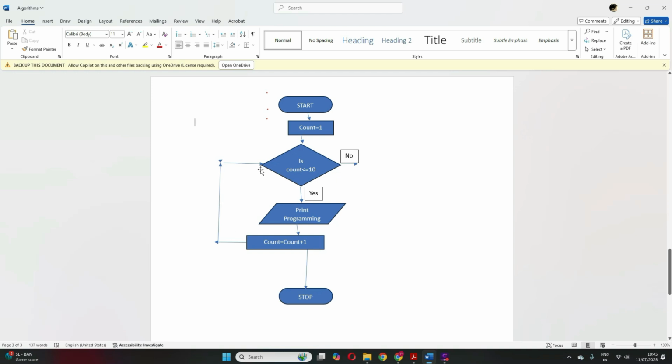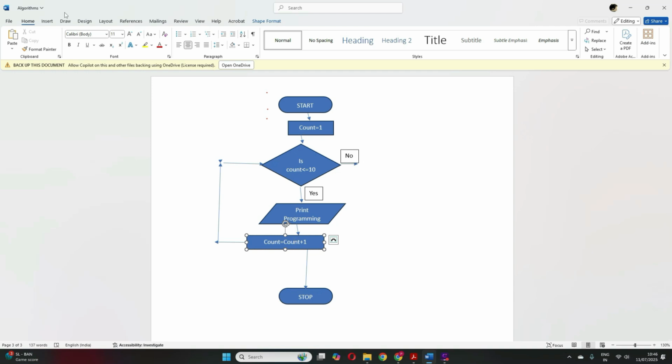So like this it will go 10 times, until your count becomes 10. 9 plus 1, 10. Less than or equal to 10, so when it is 10 also it will come here, right? Now when it is 10 plus 1, 11, and it goes up, the value of count is 11. So is 11 less than or equal to 10? No, right? So it will come here.